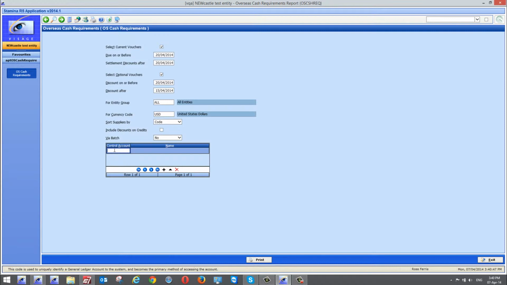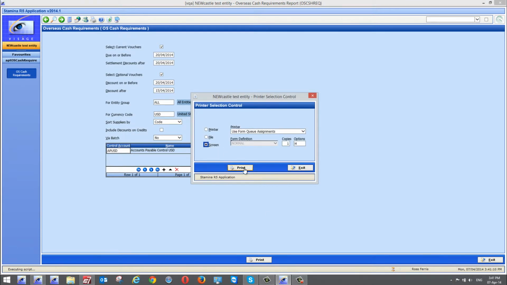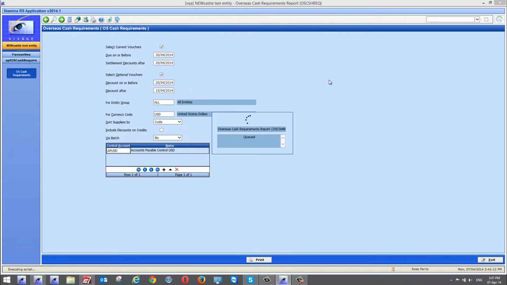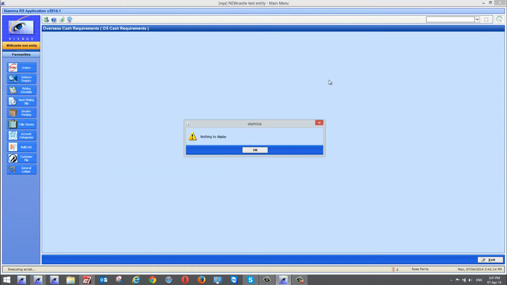So I'll leave it unticked. In terms of the control accounts, once more, you run the report for individual control accounts. Actually, I think it's APDJ something or other. Hang on, APDJ. I should know my US dollar bank control account. That's it. So if I just run this report now, we'll just drop it out to the screen rather than a hard copy, because I believe I'm only going to get a single